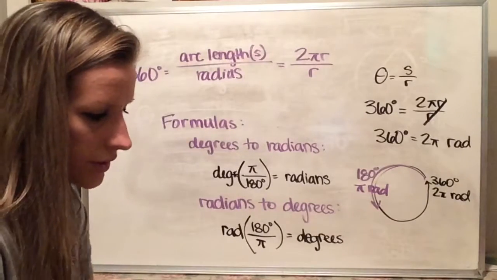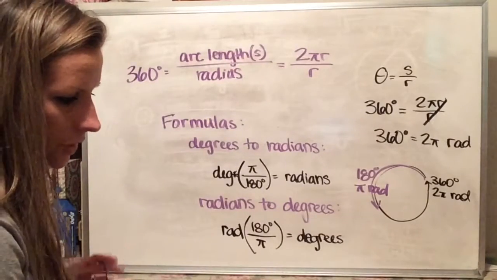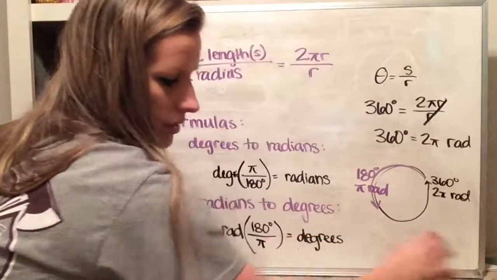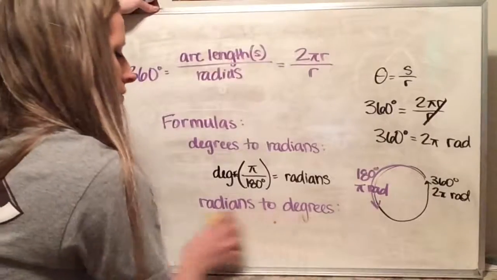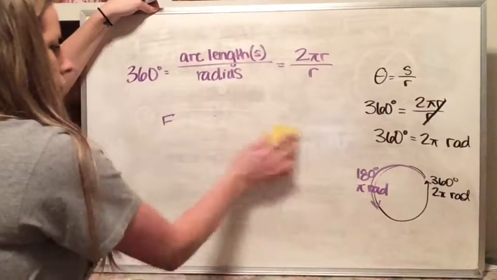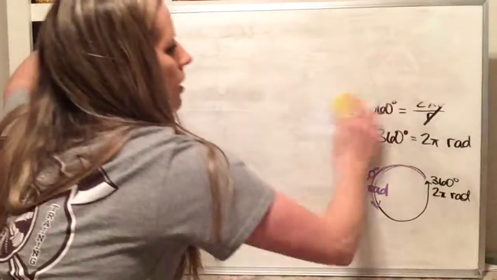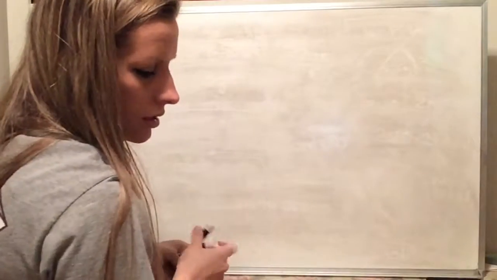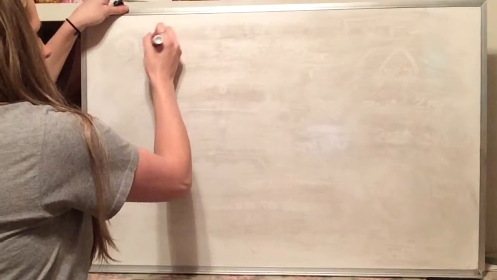Okay, so let's try some examples. Number 3 wants us to convert 225 degrees to radians. And it says leave it in terms of pi. So if we want to leave it in terms of pi, we aren't going to put pi in the calculator. Okay, so let's see, 225